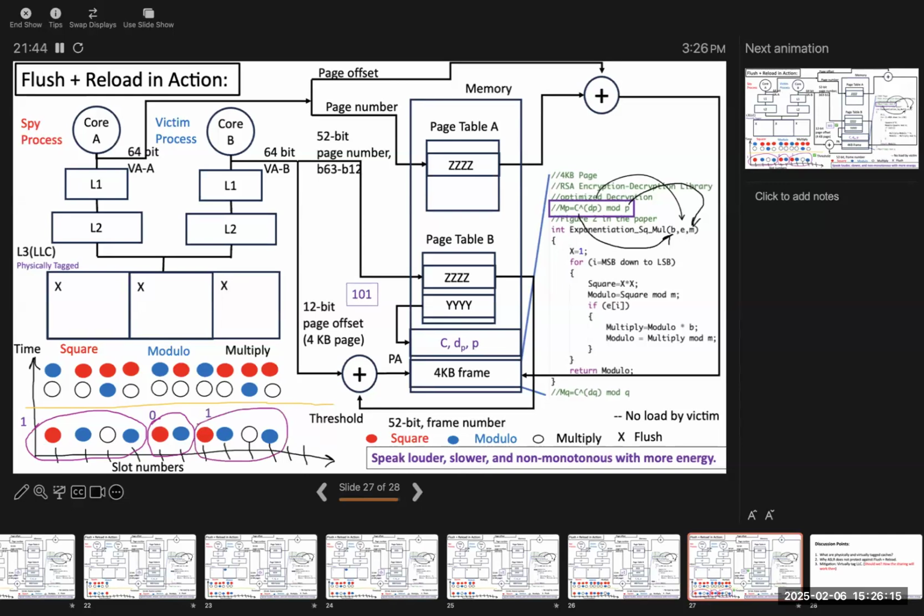So 1, 0, 1, which is the same as the private key of the victim, which we were expecting that no one can access or discover, but the spy was able to discover it without directly accessing it. It doesn't have the permission to access this page. Okay, so this is how they recover